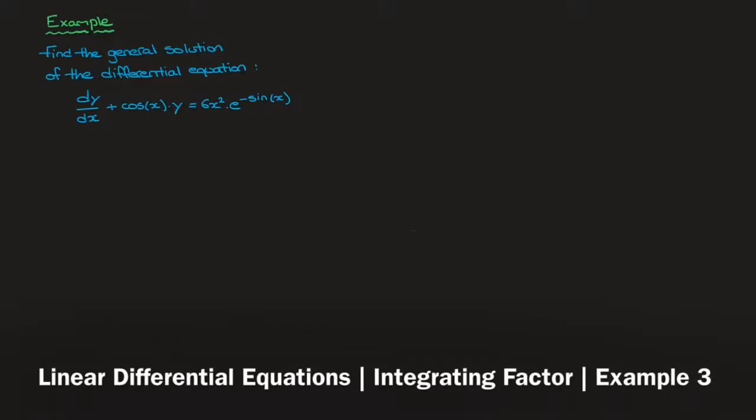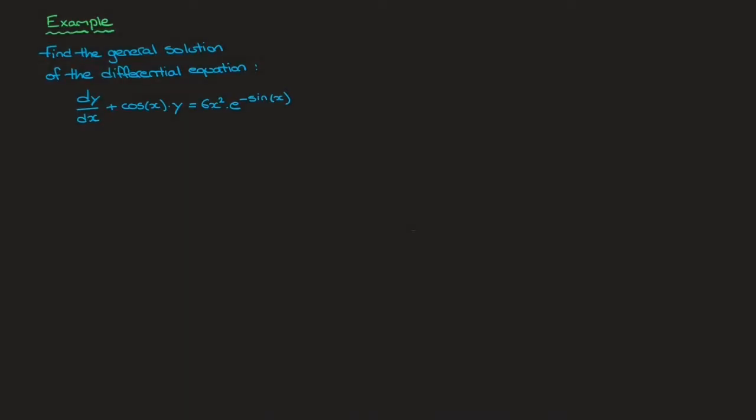Hi everyone, in this tutorial we work through another example in which we solve a linear differential equation using the integrating factor. We're told to find the general solution of the differential equation that we see here. That is dy/dx plus cosine of x times y equals 6x squared times e to the negative sine of x. Looking at this equation, we can quickly see that we're dealing with a linear differential equation simply by